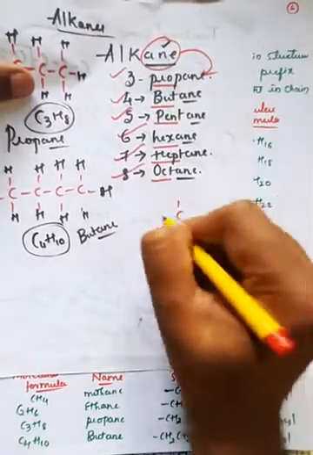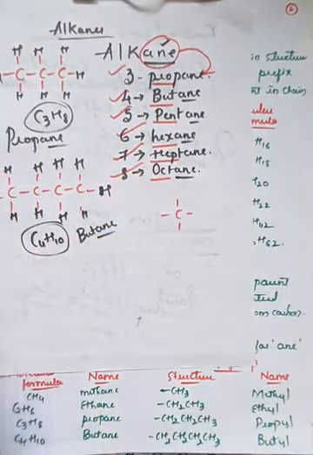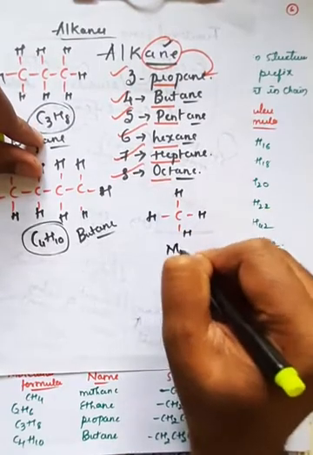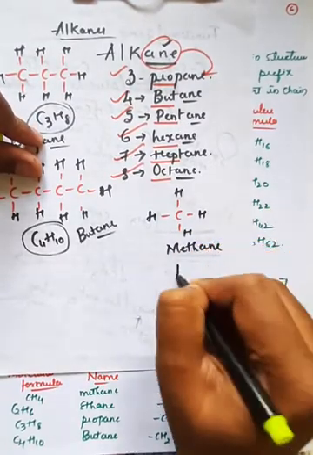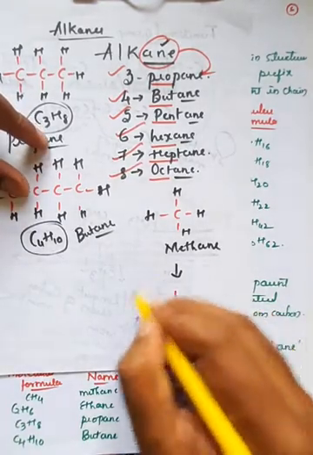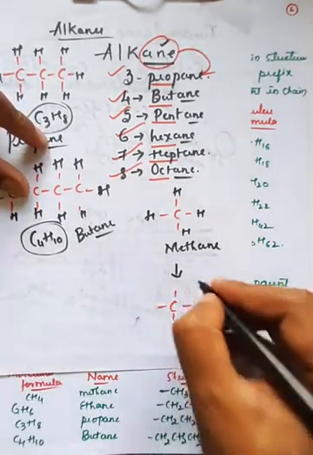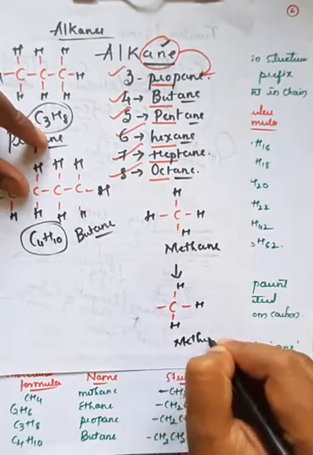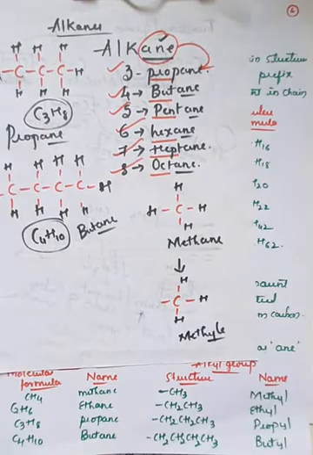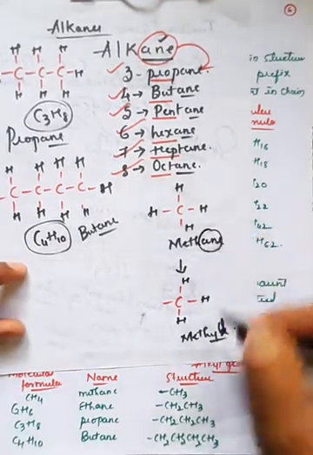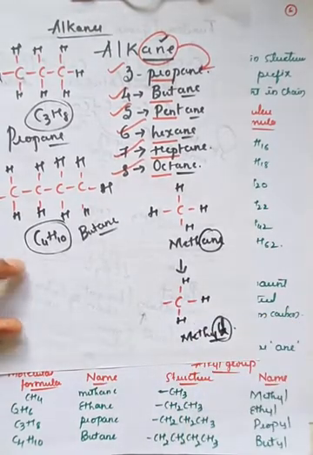So here if you observe, if I take CH4, right? In CH4, the carbon is bonded with 4 hydrogen atoms. So this is generally called methane, right? So we can convert this methane. I will remove one of the hydrogens, and the carbon is then bonded with 3 hydrogen atoms. So this is called methyl. Observe, this is called methyl, right? Which means methane is converted into methyl by removing one of the hydrogens.